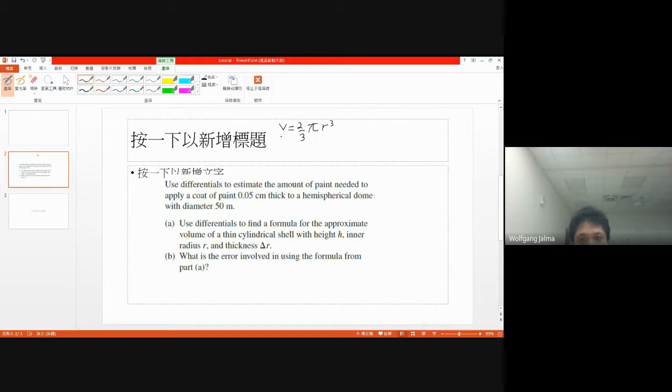So it is a function of pi and r, and we know here the r is 25 meter, and now